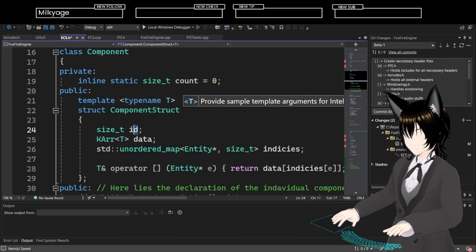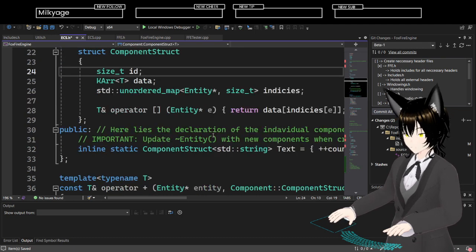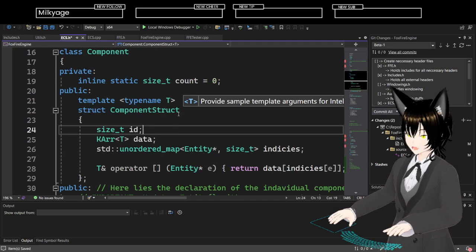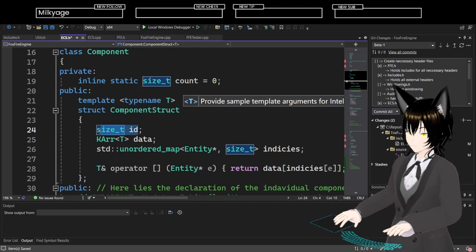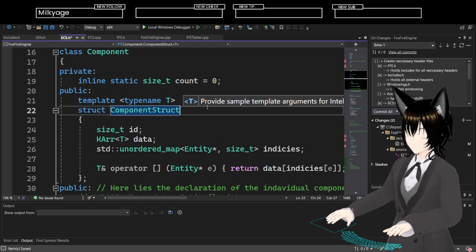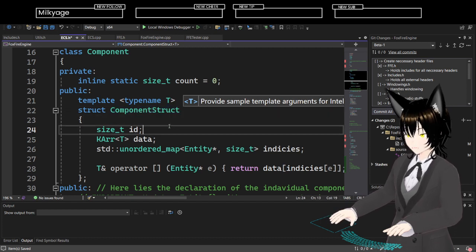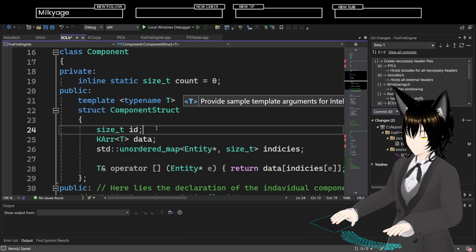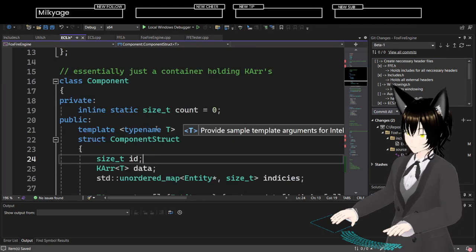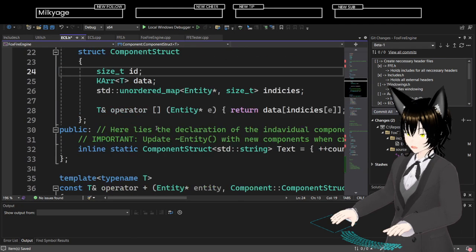Because I can't really, the ID is something that I can't. I don't really know how to avoid this yet, because I don't know how to handle C++.